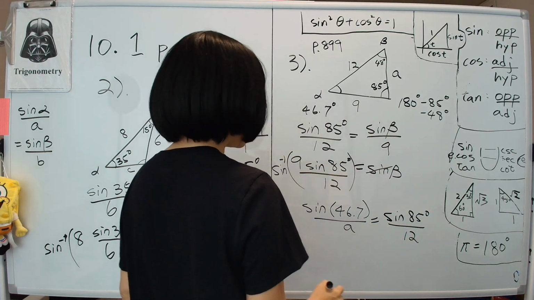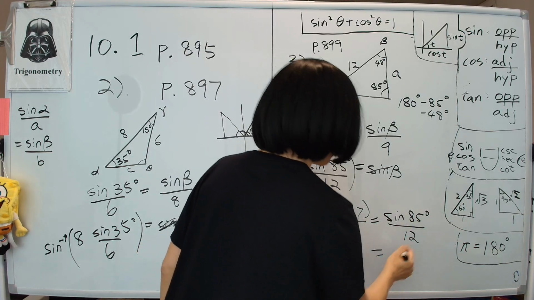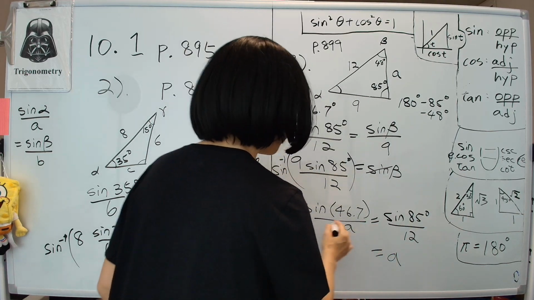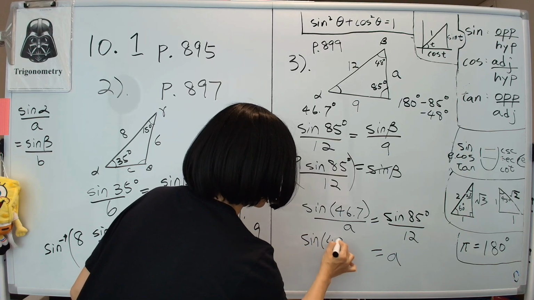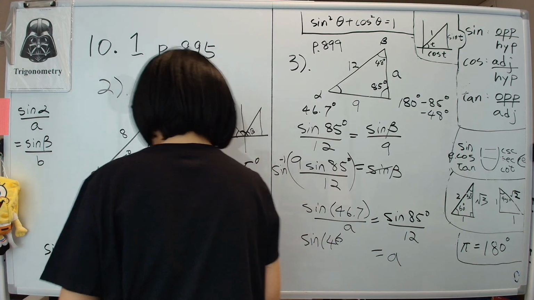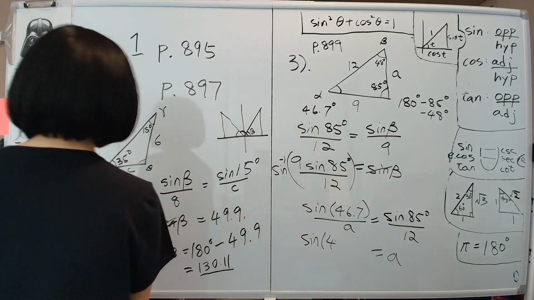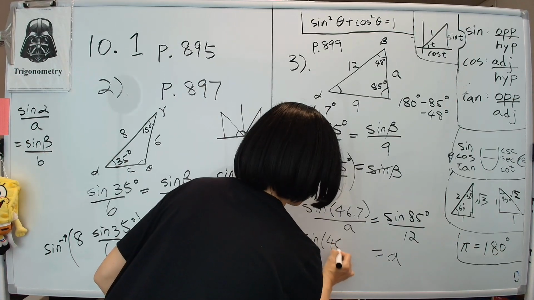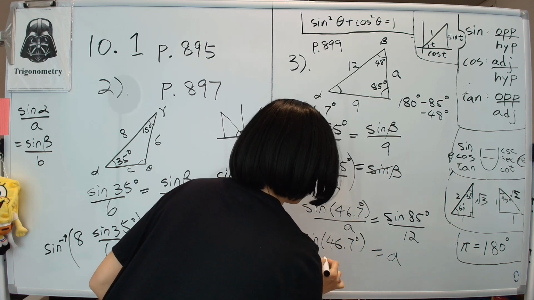So then A equals to, move the A over here, sine of 46.7 degrees divided by,